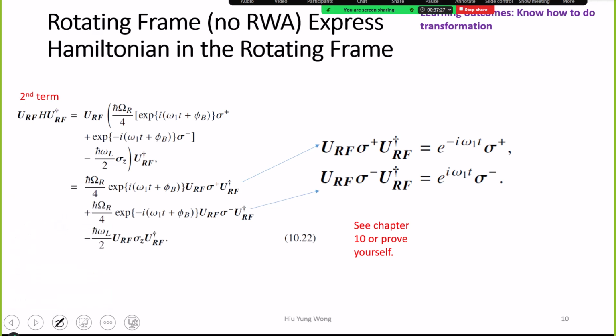This one just gives you sigma z. I don't need to calculate it. Why is that? Because URF, as I showed you earlier, equals e to the power negative i omega 1 divided by 2, what's that? Sigma z